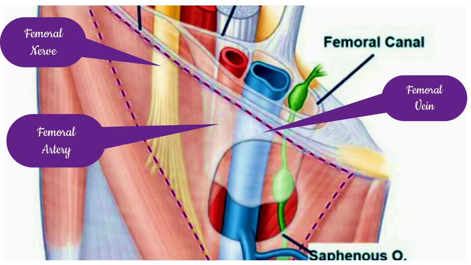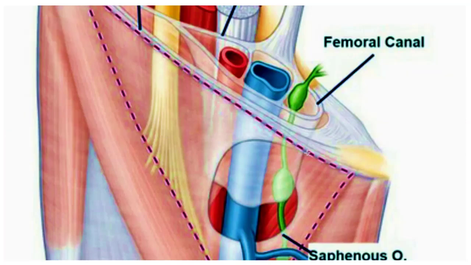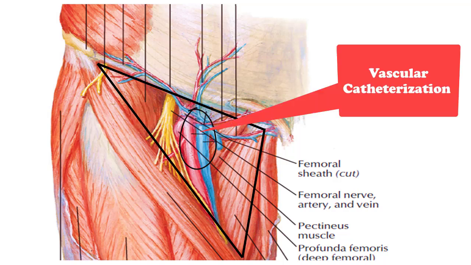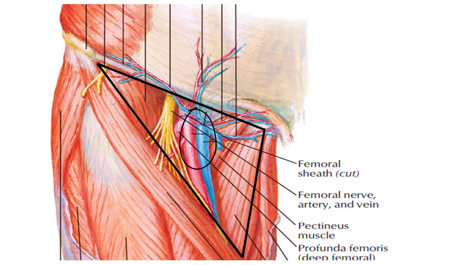We know this triangle contains the femoral vessels, which are the femoral artery and vein. So the femoral triangle is a popular site for vascular access. And in vascular access, we can access artery, we can also access vein as well. So on the clinical side, the femoral triangle is used for vascular catheterization. This catheterization can be used for a number of procedures, and these procedures can be interventional or corrective procedures. So we can access the lower limb, abdomen, or even thorax through this catheterization.